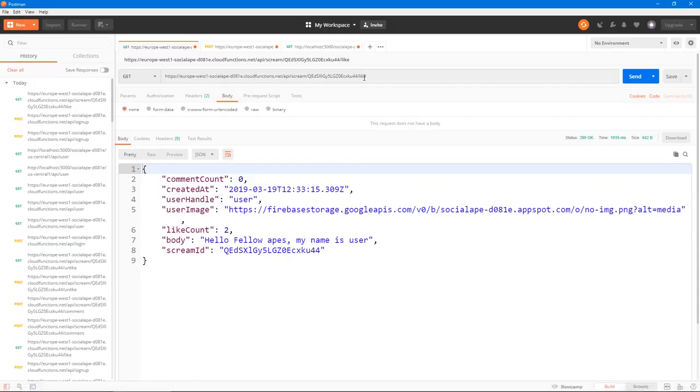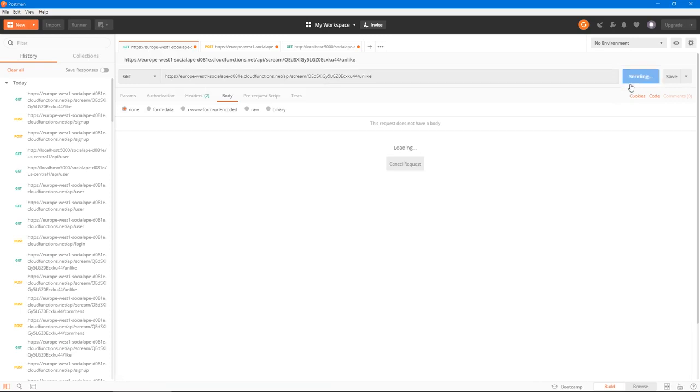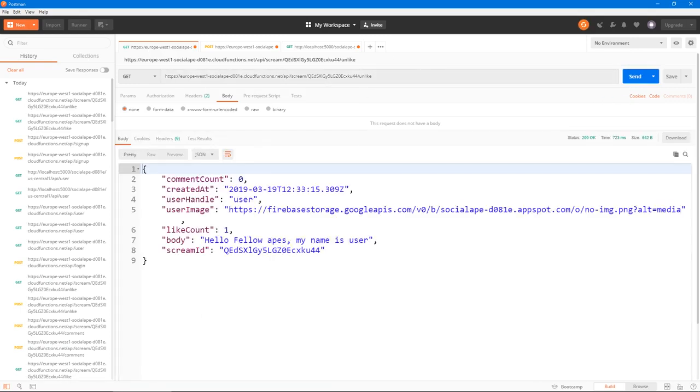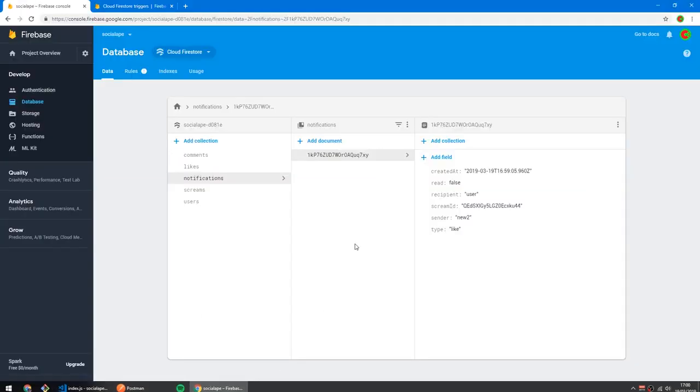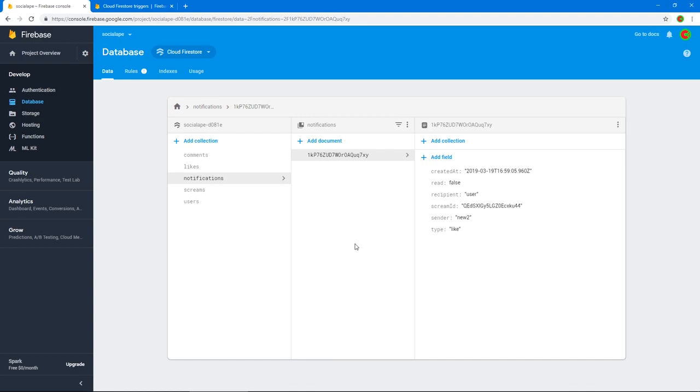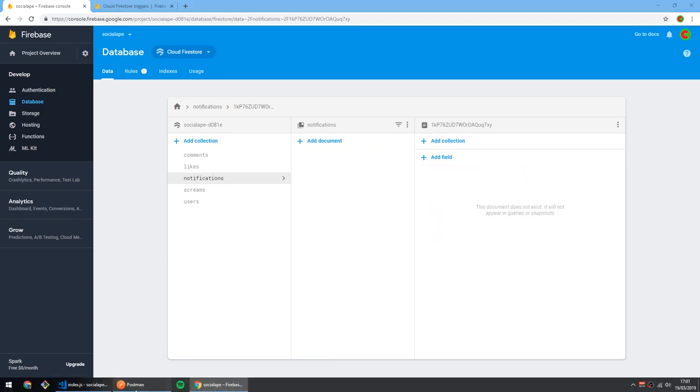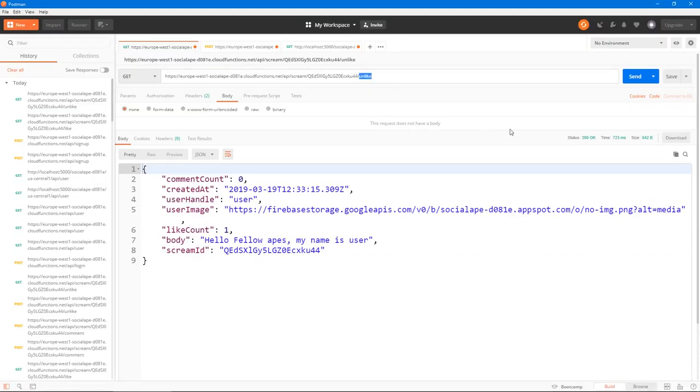Let's actually unlike that post or that screen and see if the notification is removed. And it is removed.